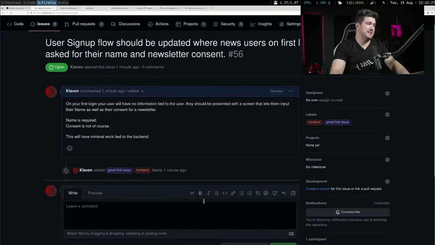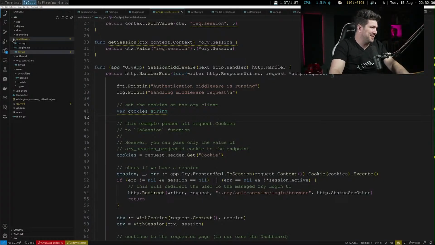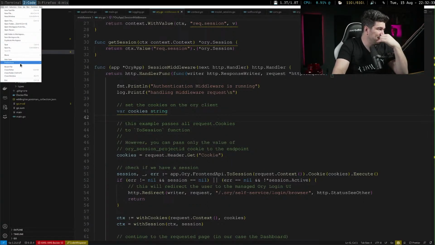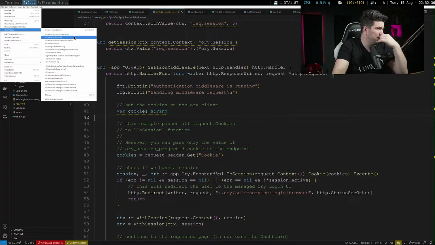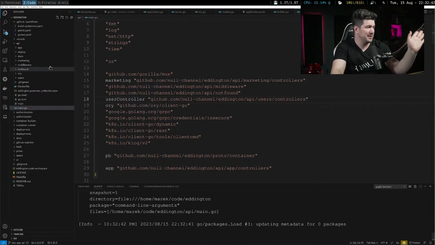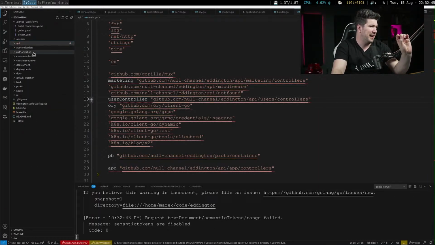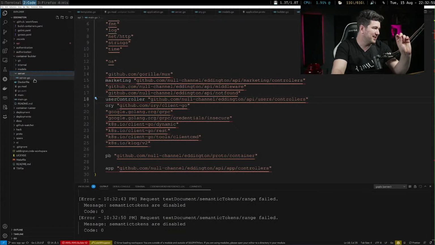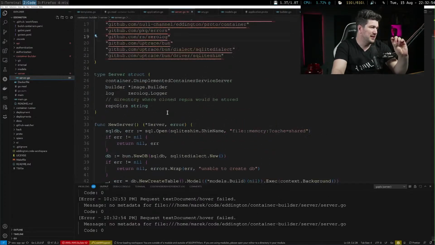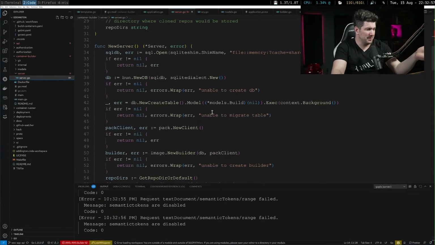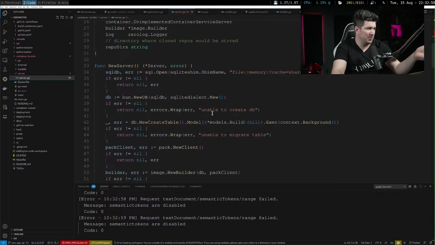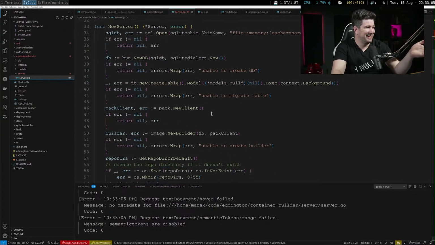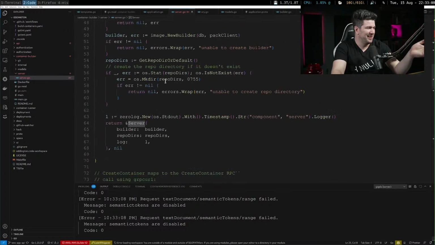Oh, yes. Actually, you want to know a secret? I know that you do want to know a secret. Let me open, let's see, Eddington. Let's just open straight Eddington. I know that Go will be angry opening the root project like this. How dare I? But if we look at our container builder, let's go in here and we look in here. It's not actually red. This is just because Go is a broken language. We can get into why I'm a little salty. I am only a little salty.